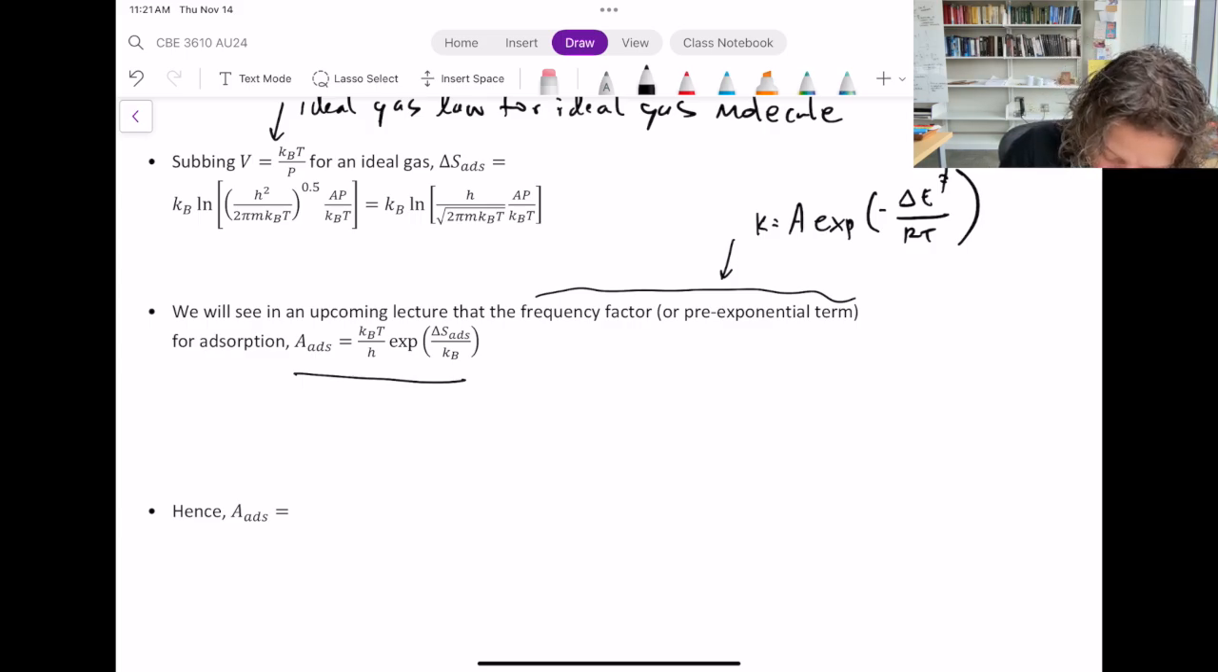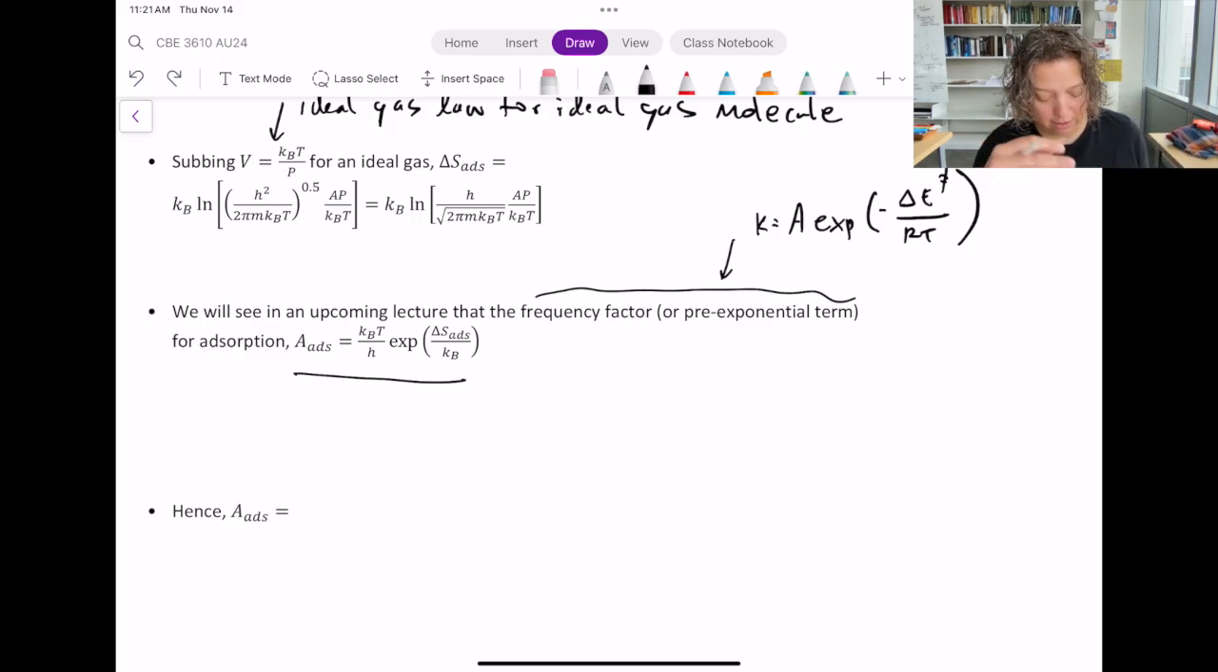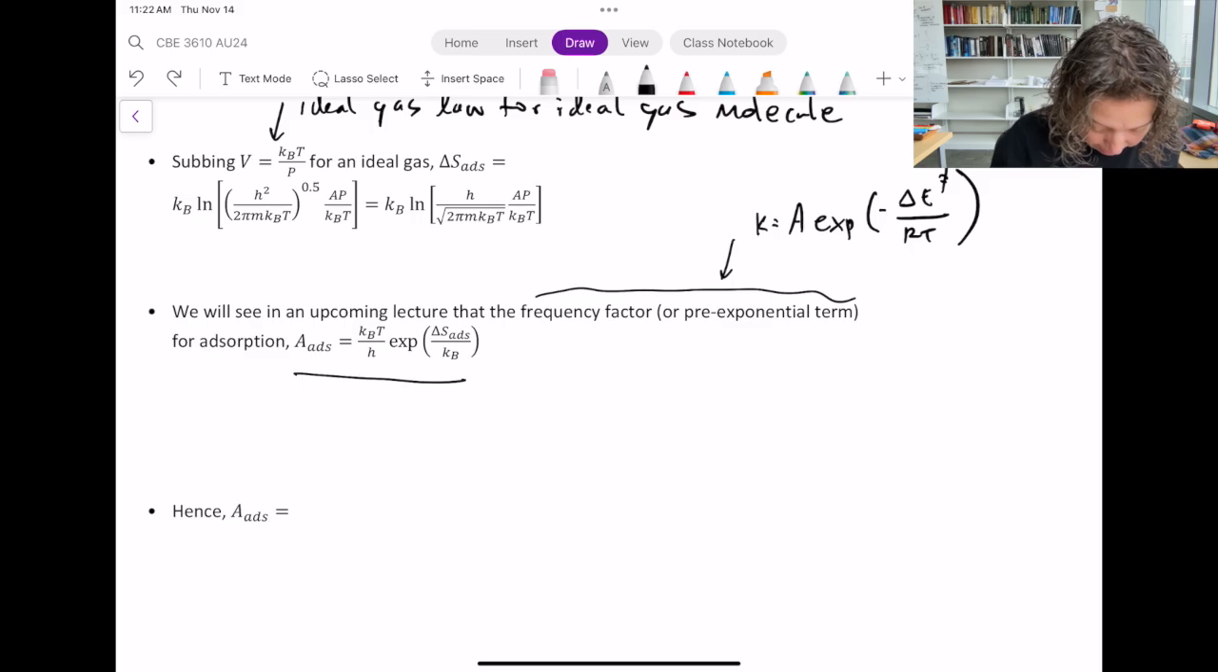Here we are looking at how to calculate this piece. One way we can do that is to take kB times T divided by h times the exponential of the change in entropy of the process divided by kB. Why we can do that is shown in the lecture on frequency factors. Okay, so if we do that, then that's going to mean